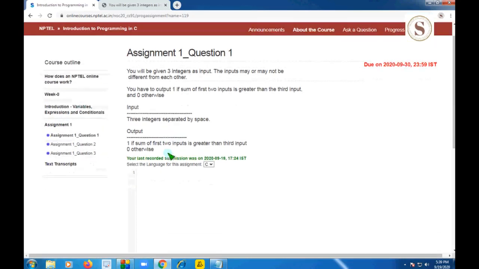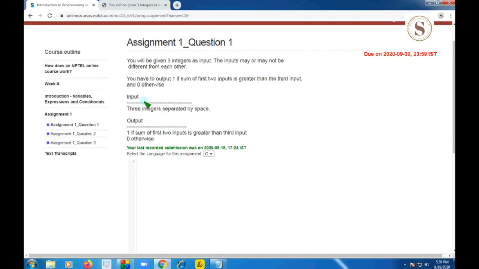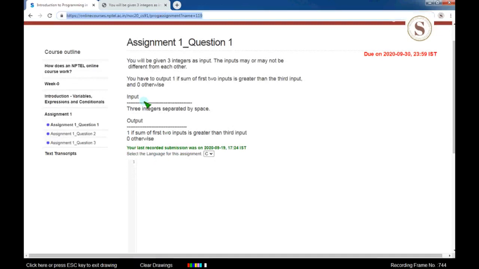So here let us understand the question first. Here we will be given three integers, suppose a, b and c. The inputs may or may not be different from each other. Whether they are the same or not, we don't mind.